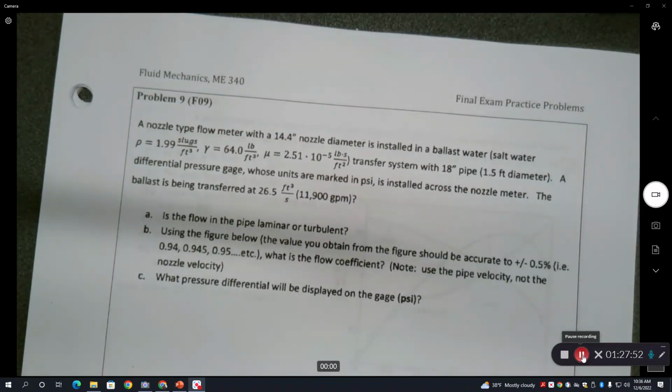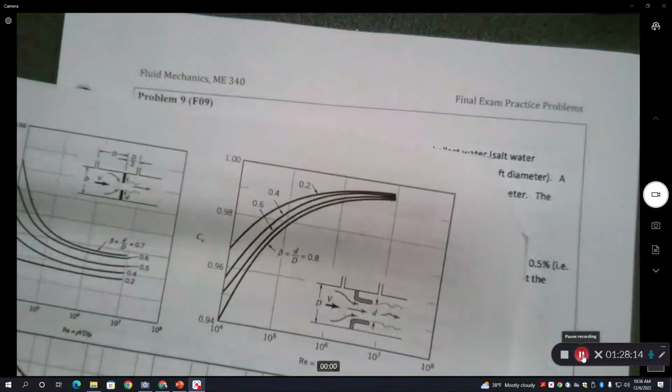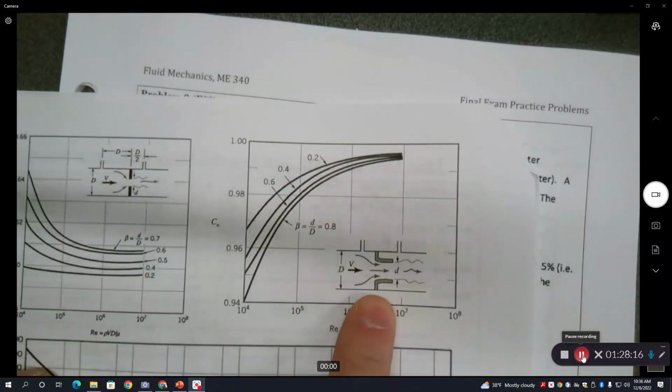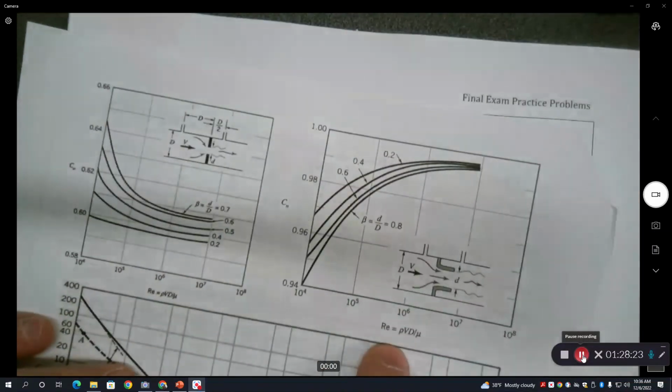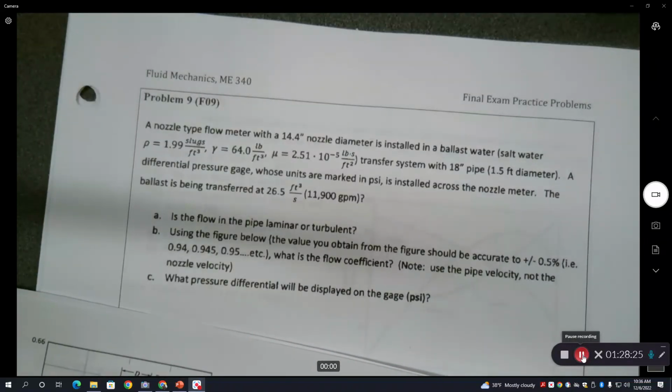But there weren't that many steps. This was actually a pretty easy problem. It's a nozzle type flow meter. And did I give that in here? I think that's actually on the equation sheet. No, maybe, you know what? I think as part of the problem, no, it is right there, the nozzle type. The problem is here you need to know the Reynolds number. So I gave